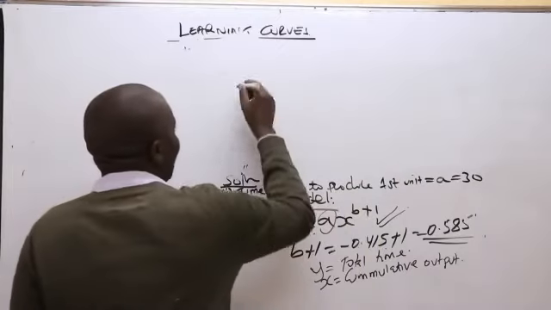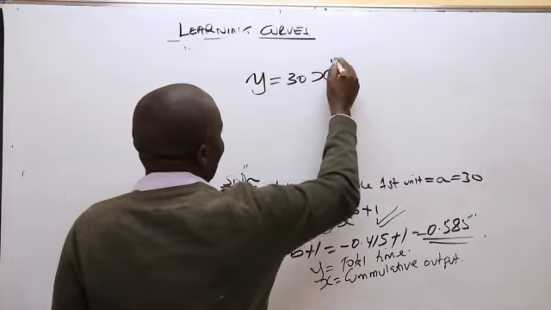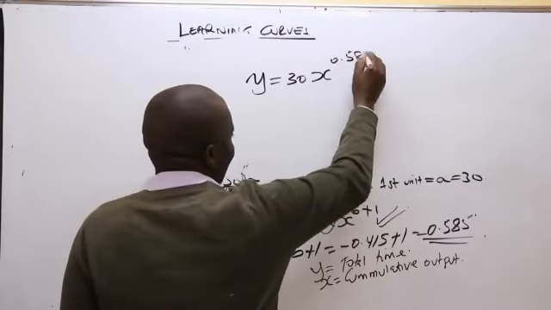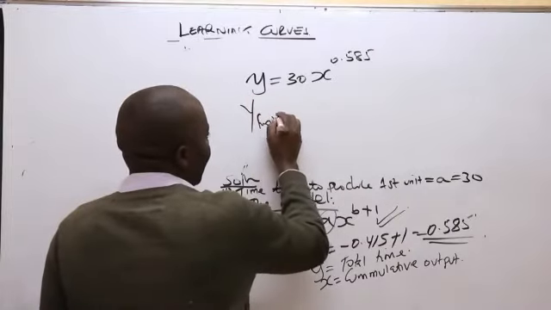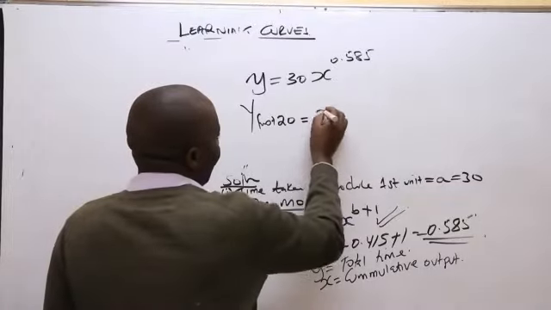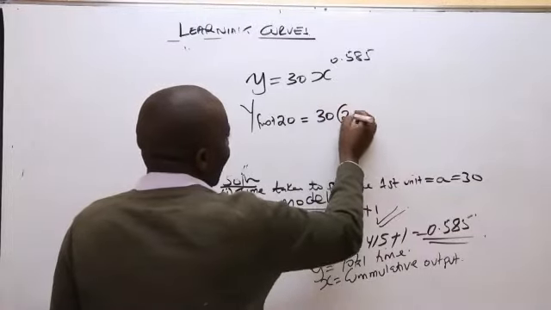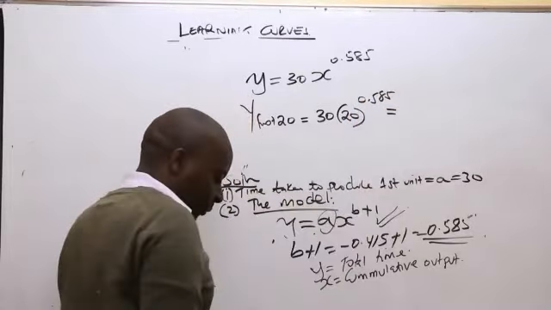So the model itself is y equals a, that is 30, x raised to b plus 1, which is 0.585. So then y for the first 20 will be 30, 20 is quantity raised to 0.585, which will be equal to,